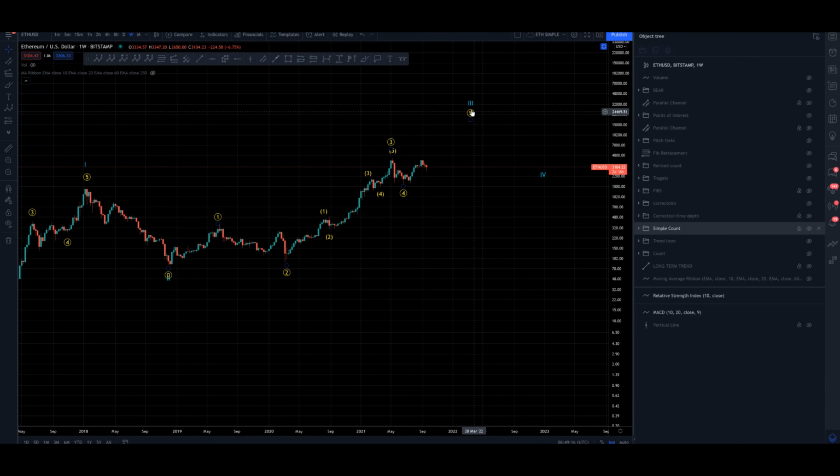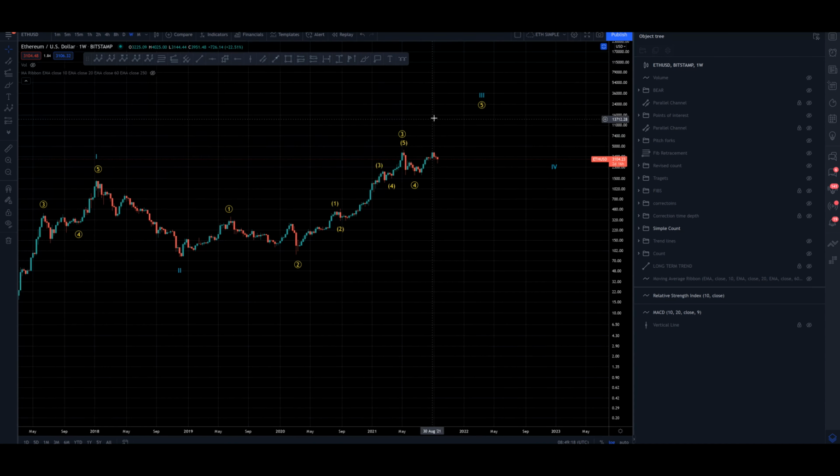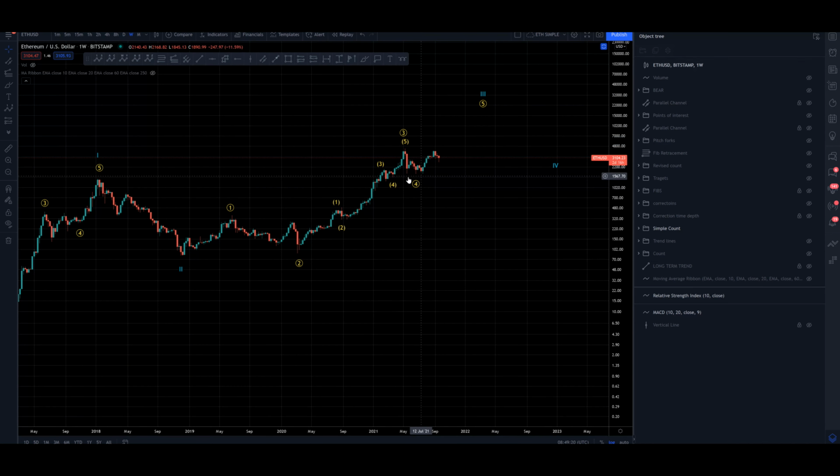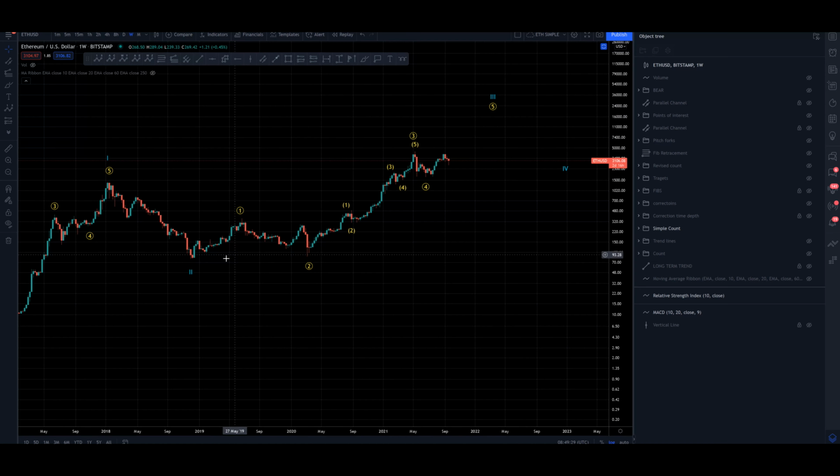We could talk about some projections for it maybe later, but we need to be sure that we've completed the primary 4 before we project the primary 5. We may have done, so we can have a look at a possible projection for the cycle wave 3, and then once this cycle wave degree completes, we will get another equivalent to the 2018 bear market, and we'll get another cycle wave correction. So looking at anything between 60 to 90% sell off again,